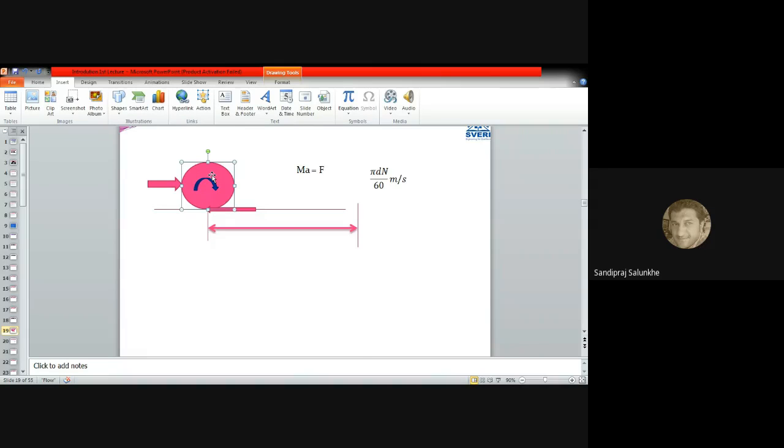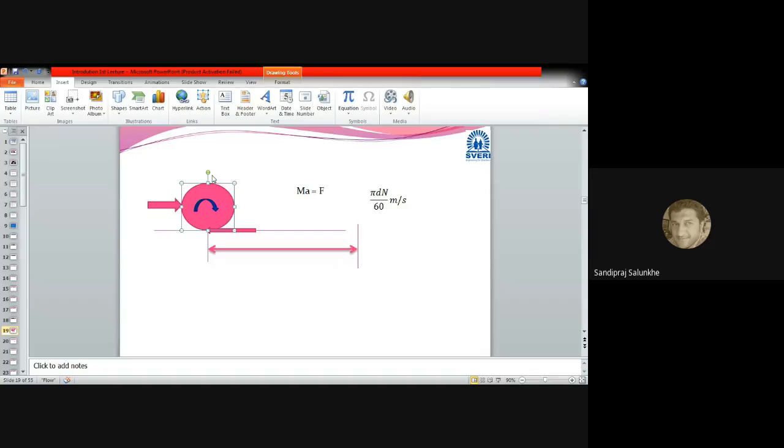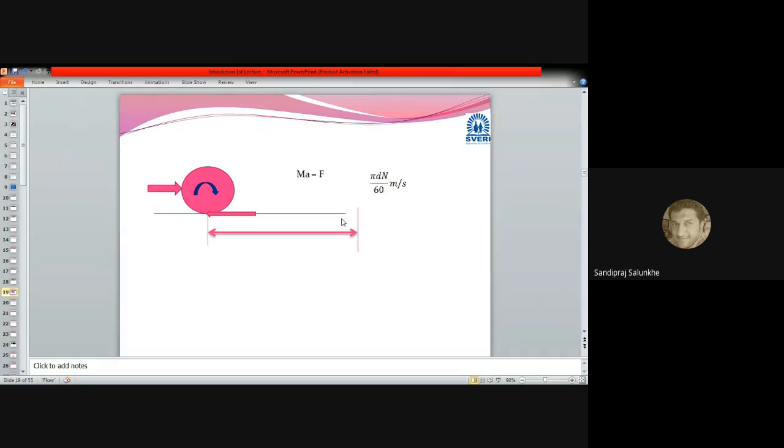So we'll move further. Now, once we understood what the kinetic is, what the kinematic is, and what the dynamic is, now we'll concentrate on kinematics, where we are going to study only motion. Which type of motion? The motion of the moon and the motion of the earth is not included in the syllabus; we are not going to study that. What exactly we are going to learn is the kinematics of mechanism.